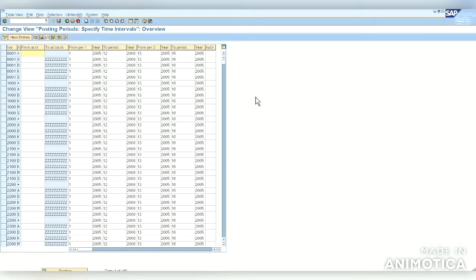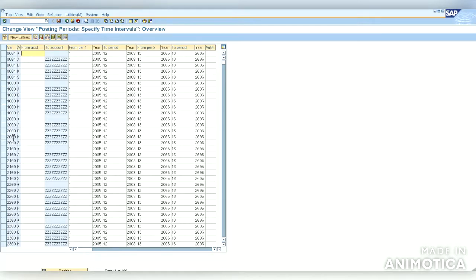If a user responsible for 0001 comes to this screen, it might be in locked status. If the other user who is responsible for 2000 comes to this screen, it will be in locked status. So at a time only one user can use this particular screen.